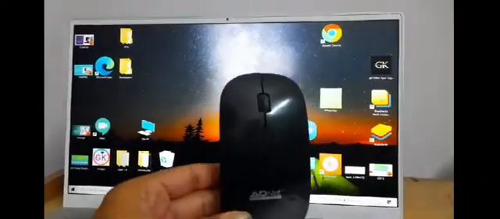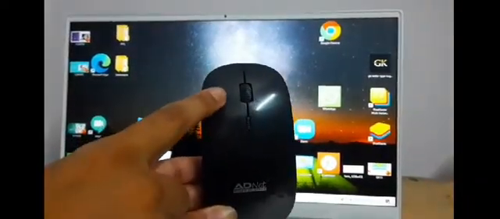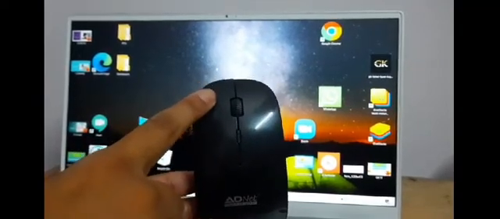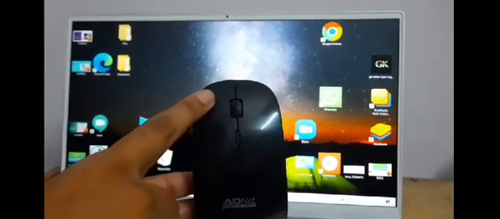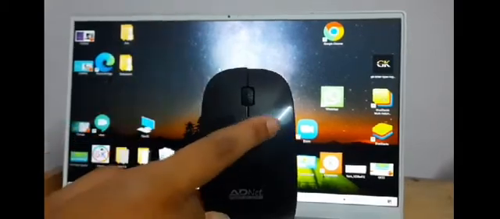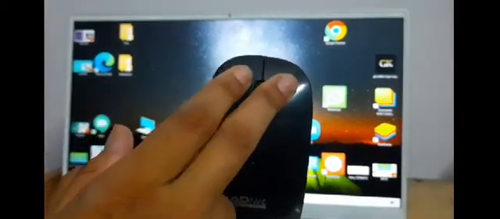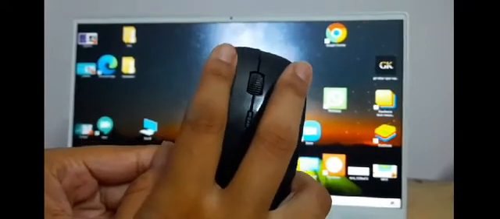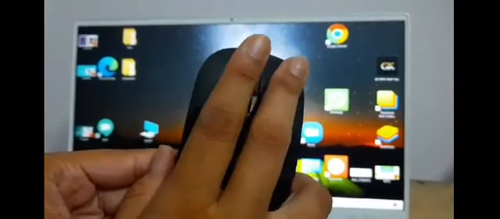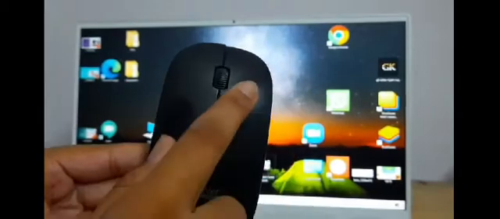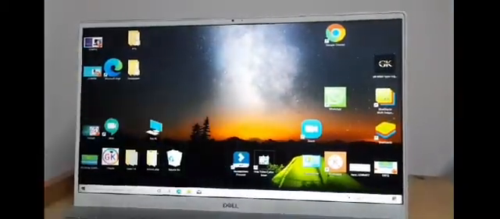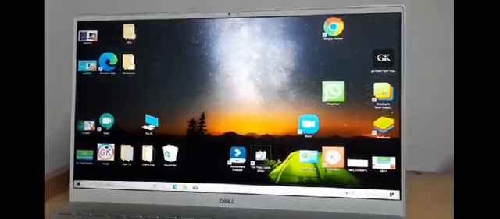So this is your mouse. Suppose this is your left click and this is your right click. When you click two times with your left click, that is known as double click. And when I say right click, that means you have to click this one. So you hold the mouse like this. Click means left click, and right click is this one. Alright. So now double click means we have to press left click two times to open any program.